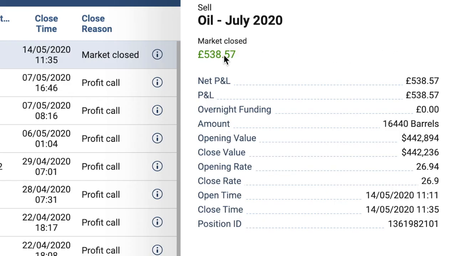And so if I click on that, it's going to show me how the trade went. I made a profit of 538. And I was trading in oil, and it shows you the open time. So the open time was at 11 minutes past 11, and then the close time was 11:35, as you can see there. So it's less than half an hour, and I made